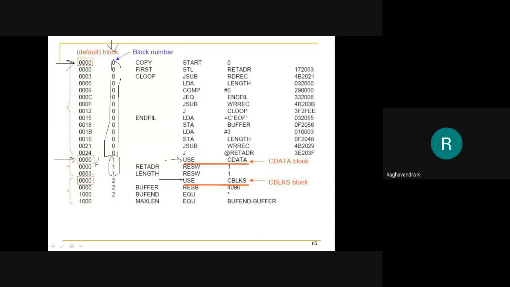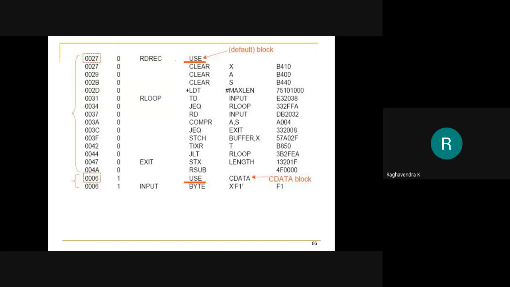Similarly here, once again a USE directive is encountered, so it's a new block, and we initialize the block number and start a new location counter of its own. Whenever we come across a USE directive without a name, we know that it's a continuation of the previous block, which is block number 0, and we return to assigning addresses using the previous value of the location counter.